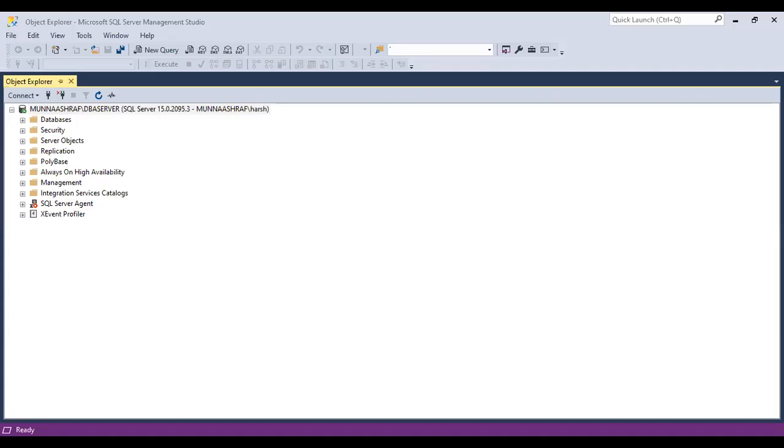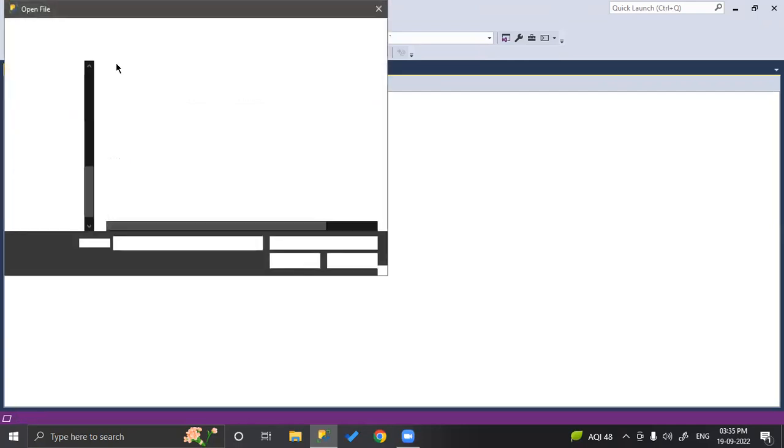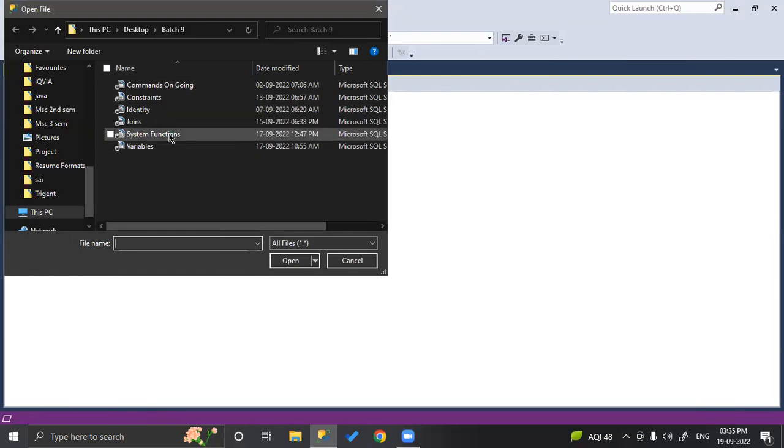Done? So next, we have different types of date functions which are listed below in the class. I hope everybody can see my screen. Yes. So we have different types of date functions which are listed below in the class. So if you open the file,